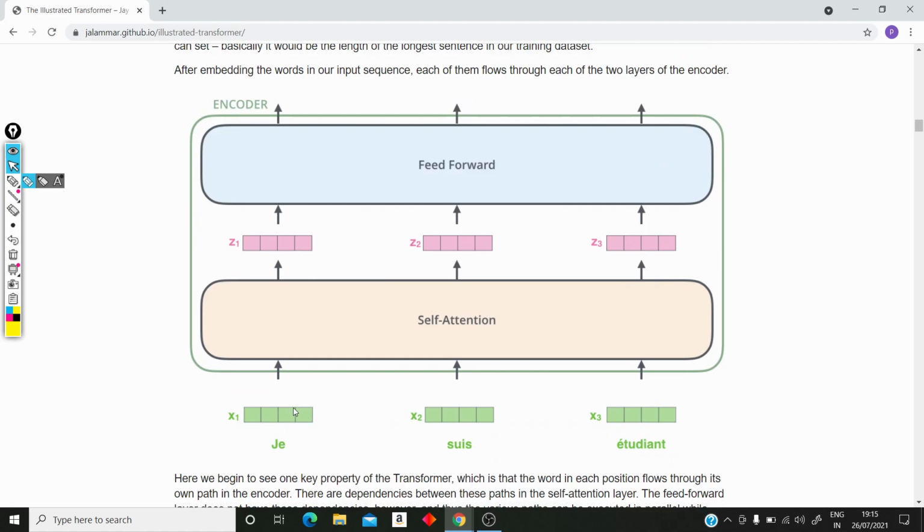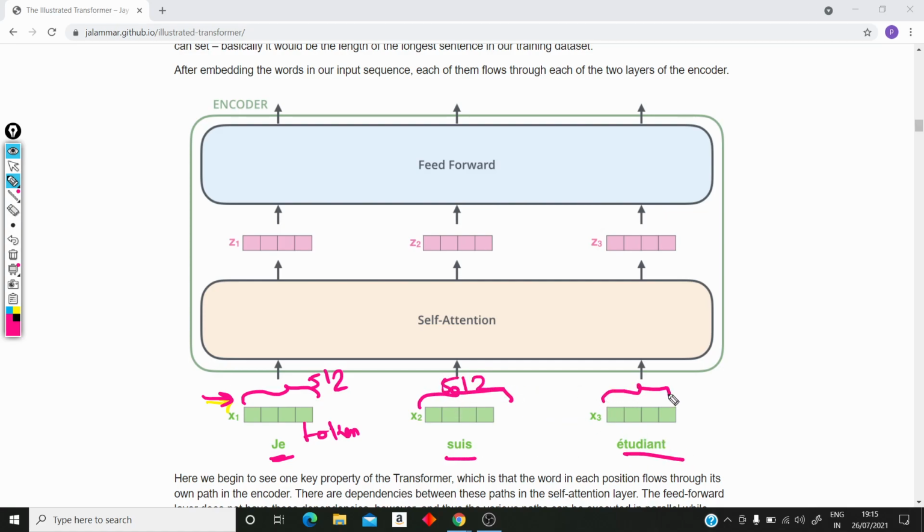and then we are converting it into the embeddings. So these are the embeddings. Let me just change the color to some dark. Yeah, so these are the embeddings, and this dimension is 512. So each and every word of the sentence, which are called tokens in NLP language, this is one token, this is other, and this is another. All are converted into 512 as per this paper. You can use any length. This is the hyperparameter, and you can tune it as per your wish,